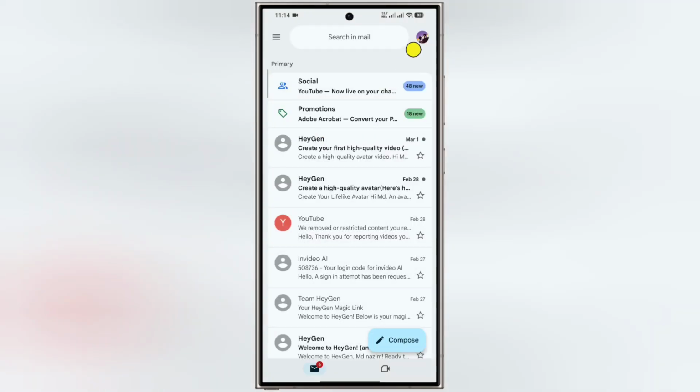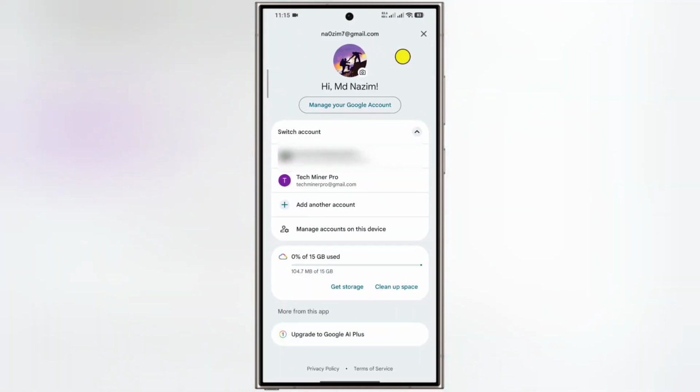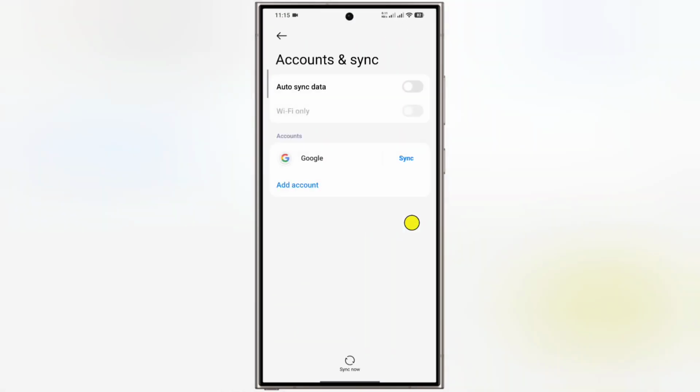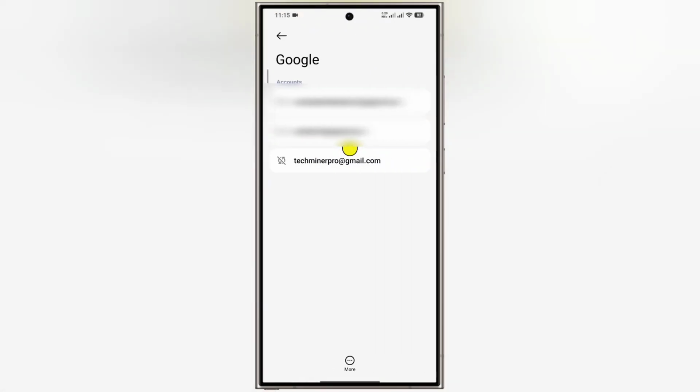Tap on the profile icon in the top right corner. Tap on manage account on this device. Tap on Google. Now select your Gmail account that you want to remove or log out,